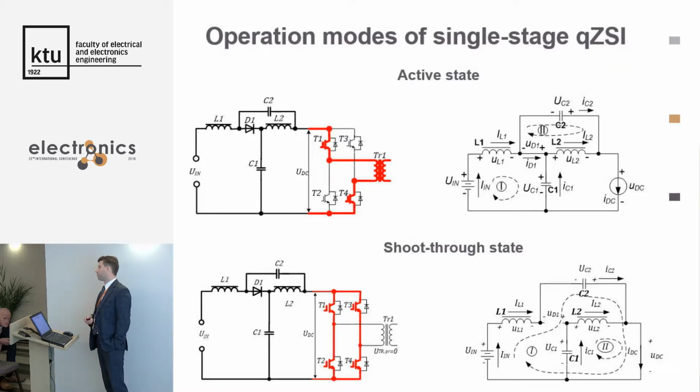Usually it can make a short circuit of the DC link capacitor, but in this case it is absolutely normal because of this special connection. Here we can see the equivalent circuit, so we can see that capacitors are in series with inductors, which actually limit current growth. And in this way we can regulate input voltage